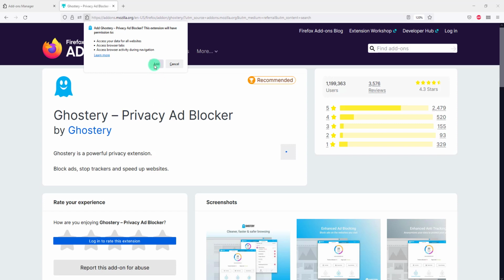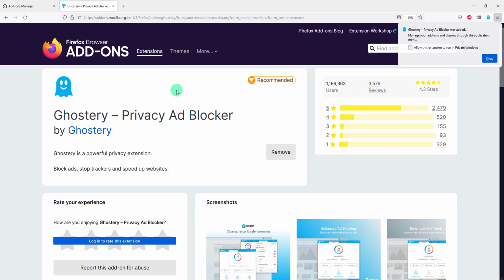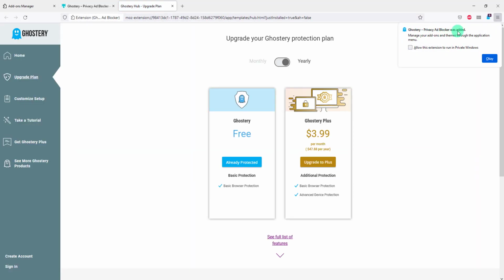Now we have to add the extension. Just click on Add. There you go. Ghostery Privacy Ad Blocker was added. Click OK here.